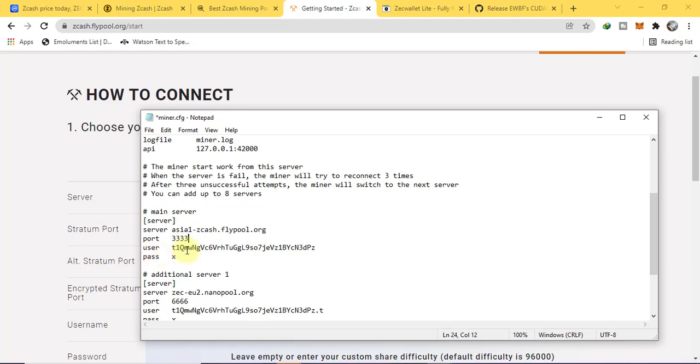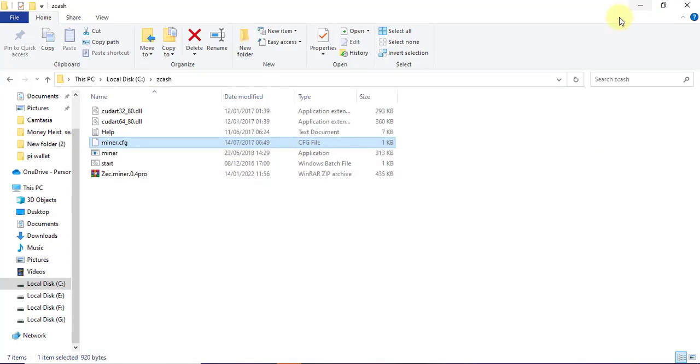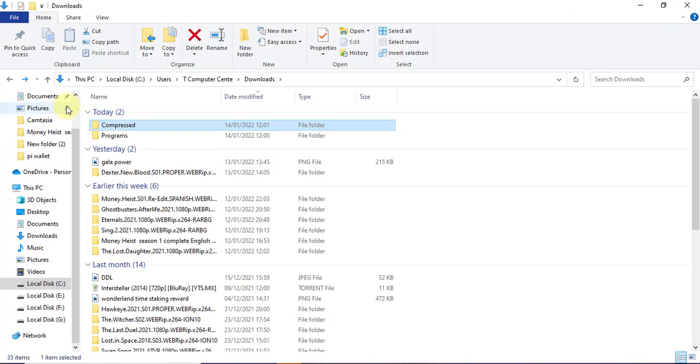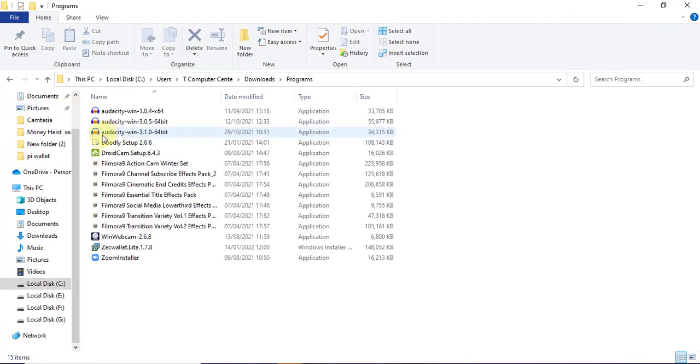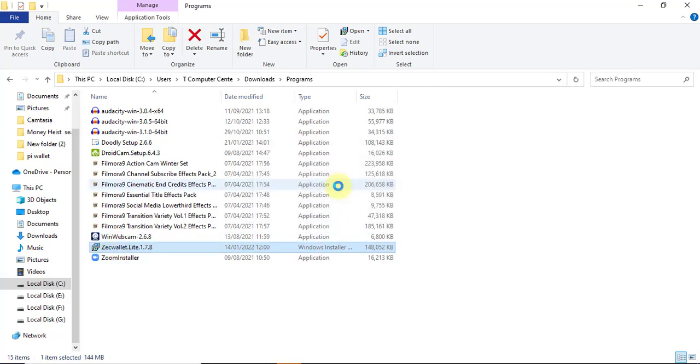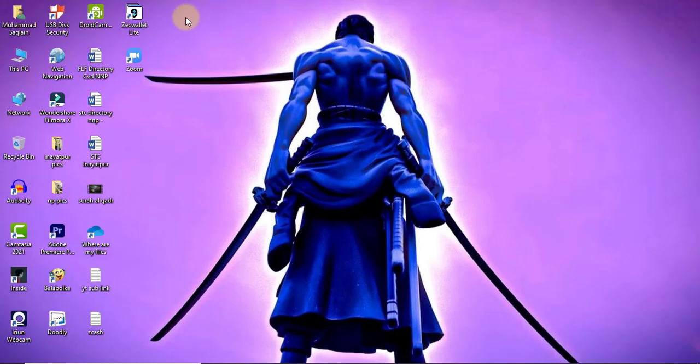So let's install the wallet that we downloaded earlier. Here is the Zcash wallet Lite. Install it. Now we have installed the Zcash wallet successfully.